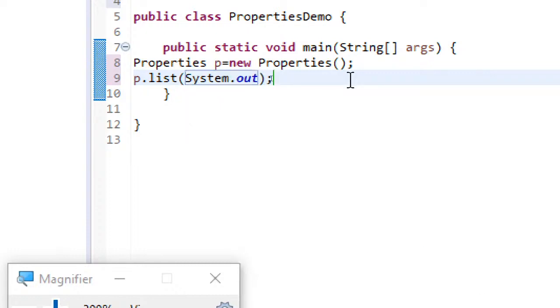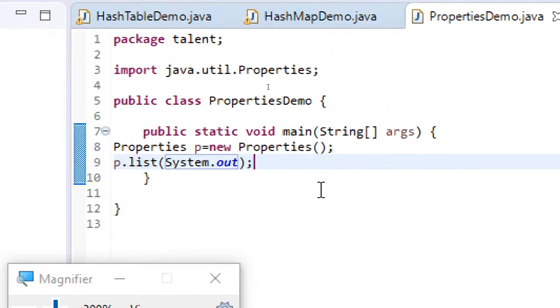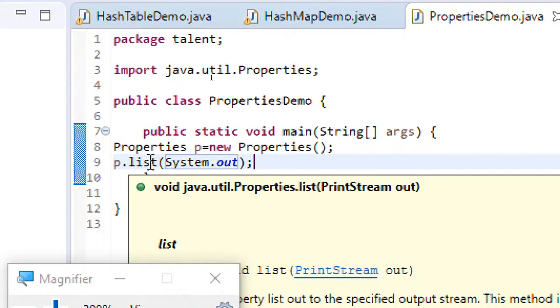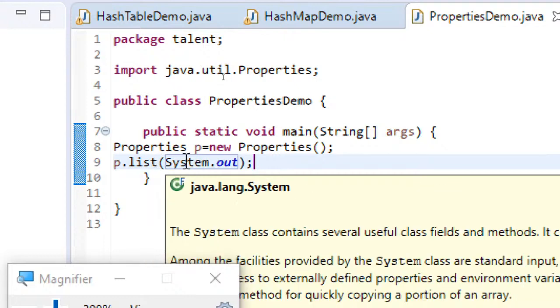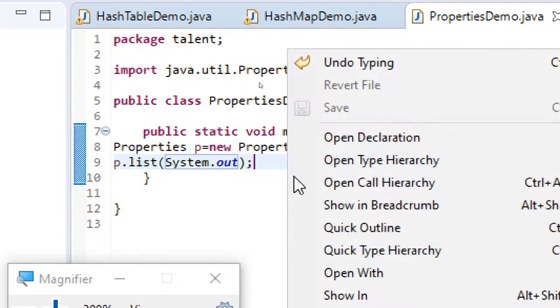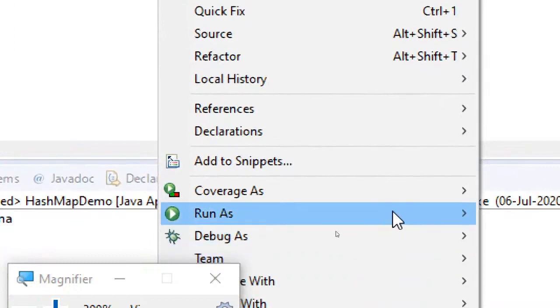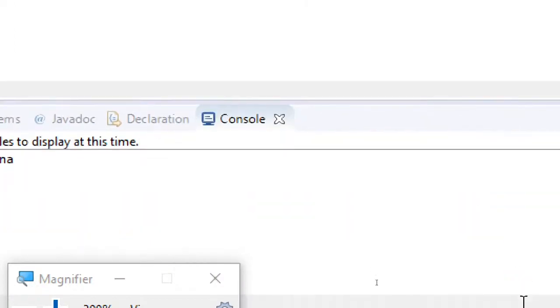So what I have done is I have just created an object for the properties class, and I have used the list method. So this list method basically will be returning to the out, which is the console. And what is the console? I'm just telling it's my system. And now if I just run this, it's going to return the properties.